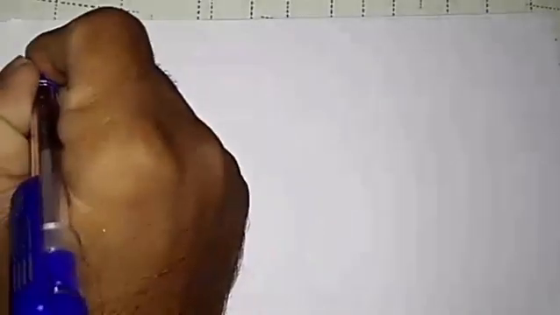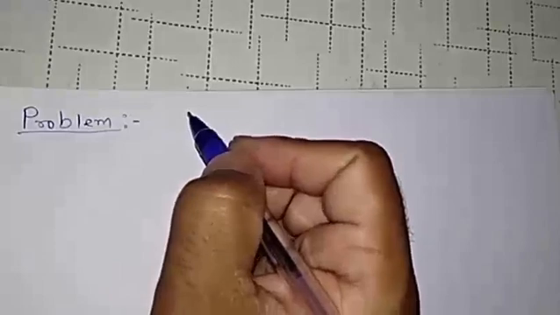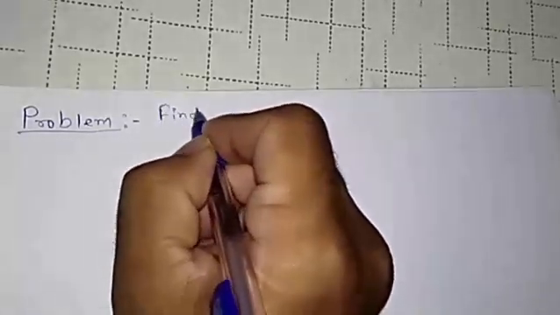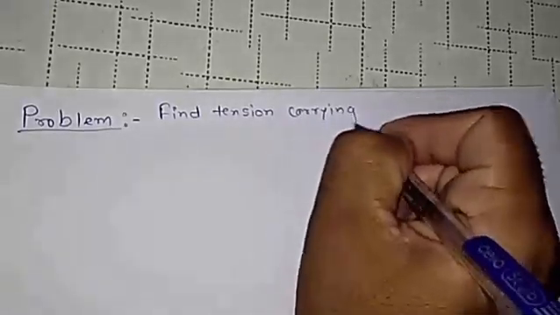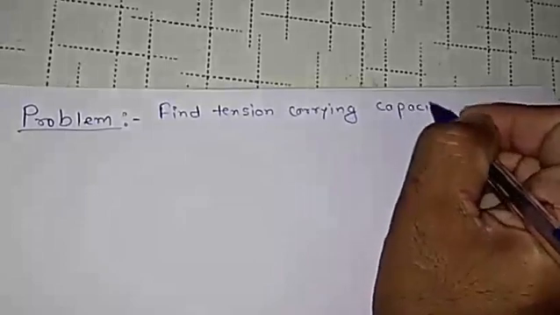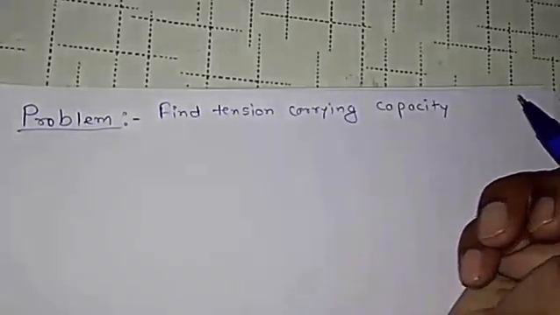So we'll start with the problem. Find the tension carrying capacity of a single angle section connected to the gusset plate. So first of all, we'll write down the problem. Find tension carrying capacity of single angle